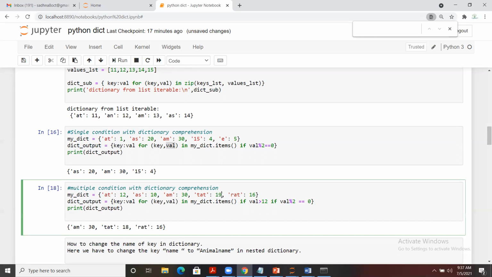If I write it like this, you see this is not being considered here, because it does not satisfy both conditions. One condition is satisfied, which is value greater than 12, but it is not an even number. So this is how we have applied multiple conditions on it.